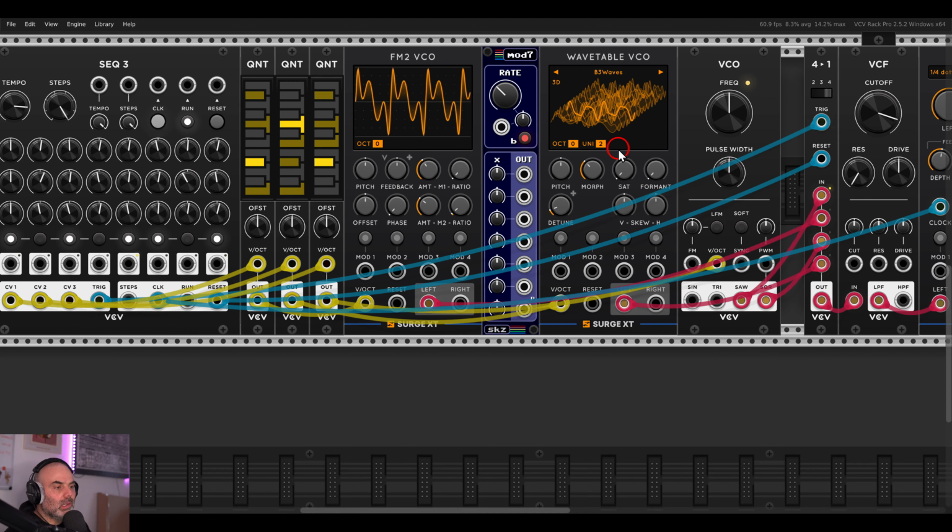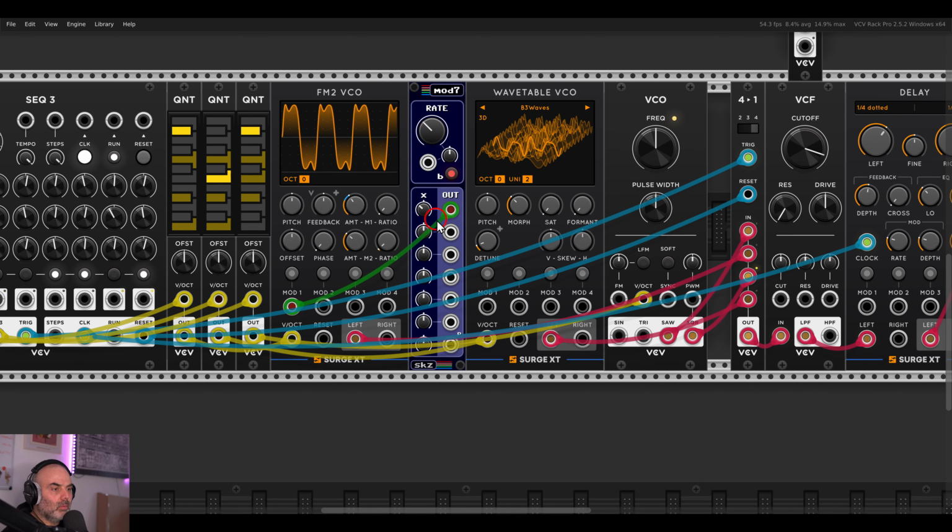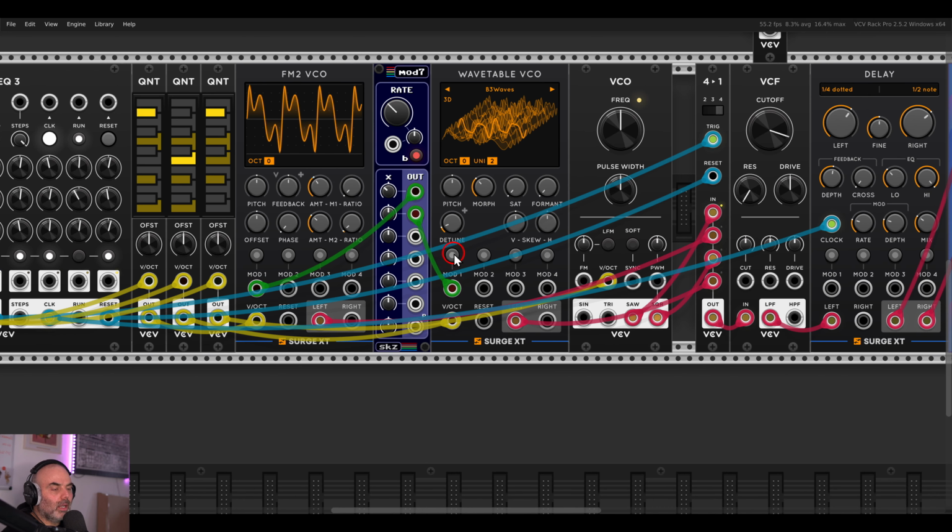Right, so again, we have the Mod 7 from Sequocel, and this is basically 7 LFOs, and with each LFO I can change the rate. So for example, I can modulate here the FM amount on the FM2 VCO. We have here a modulation matrix. All I have to do is click the button that I want to send the modulation from, and then set the amount of modulation, right? So already we have here movement, and I can change the rate of the LFO, right, to make it a bit slower. And then here, for example, I can map the morph between the